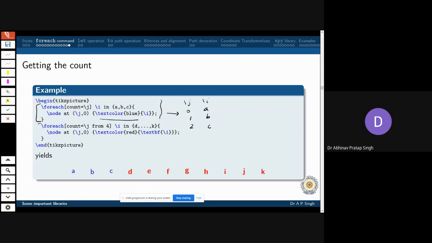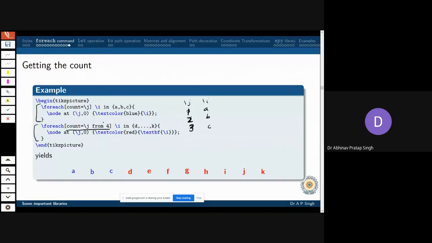Now you take a look at this particular case. Let us talk about this particular loop. Now you can see that it is saying count from \j and start from 4. I think I have made a mistake: the loop count does not start from 0. It actually starts from 1. I'm sorry about that. It starts from 1. It does not start from 0.